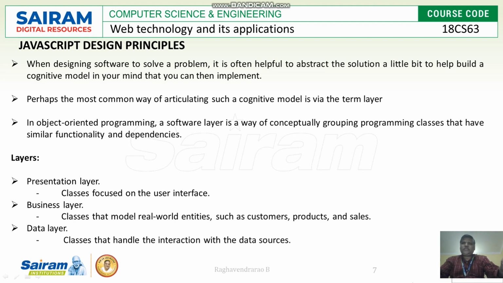So what are the things that you have to consider? What problems are going to occur, and how you should solve them. For that only, the design principles are there. When you are designing software to solve problems, it is helpful to abstract the solution a little bit to help build a cognitive model in your mind,